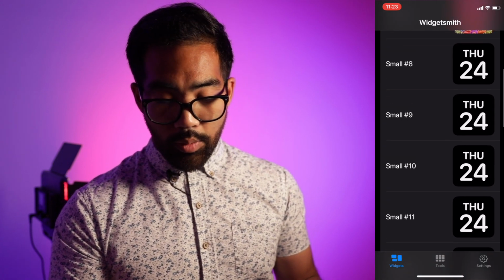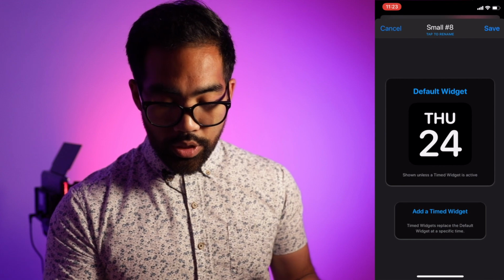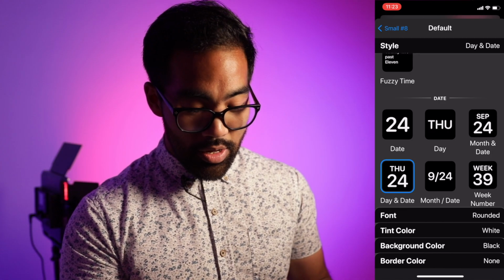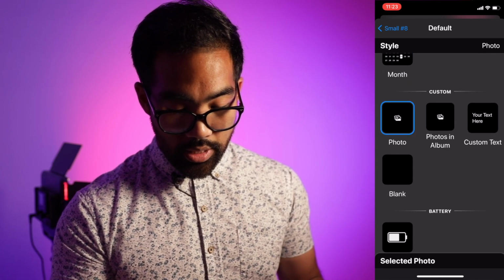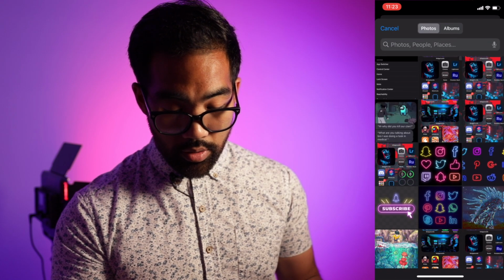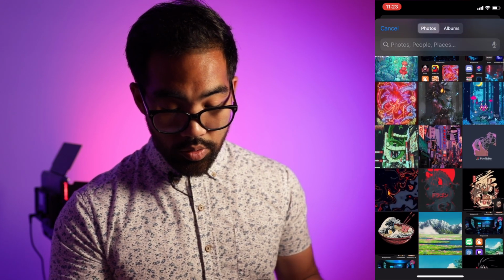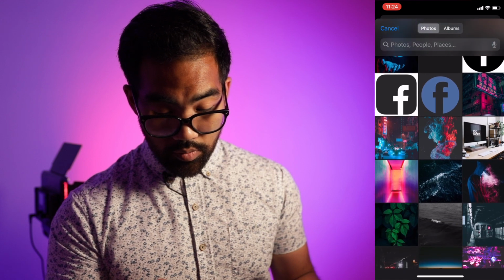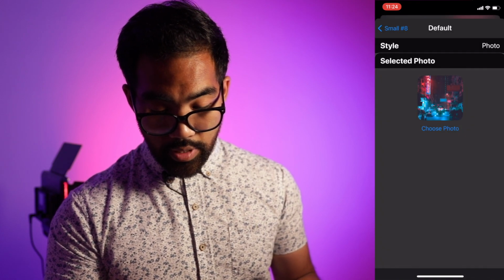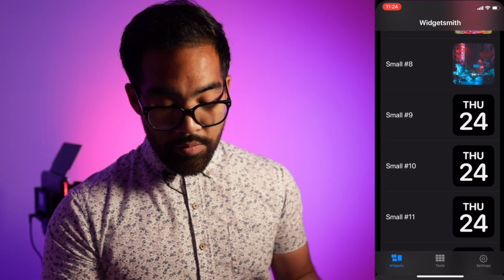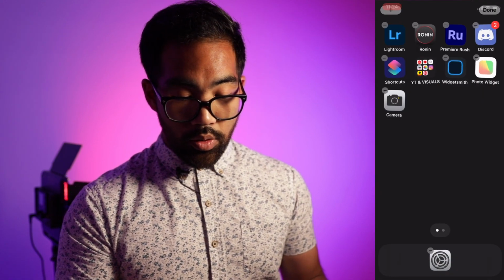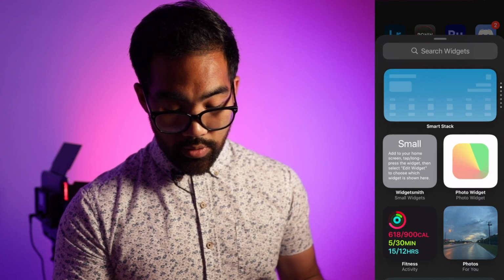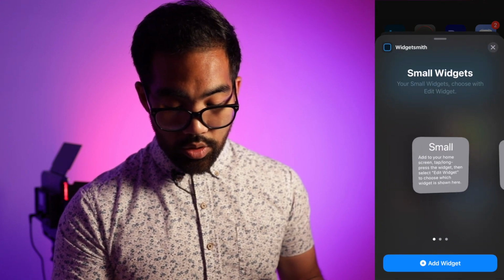And so we have Widgetsmith here. We have it open, and what we're gonna do is tap on one of the widgets, click on the middle one, and then choose photo, and then go down to selected photo, and I'm gonna choose one of the photos that I chose. I said neon, so I will go for this one. Okay, so I'll press save, and then you're actually gonna go out of Widgetsmith, and then you will hold down and add a widget, Widgetsmith,